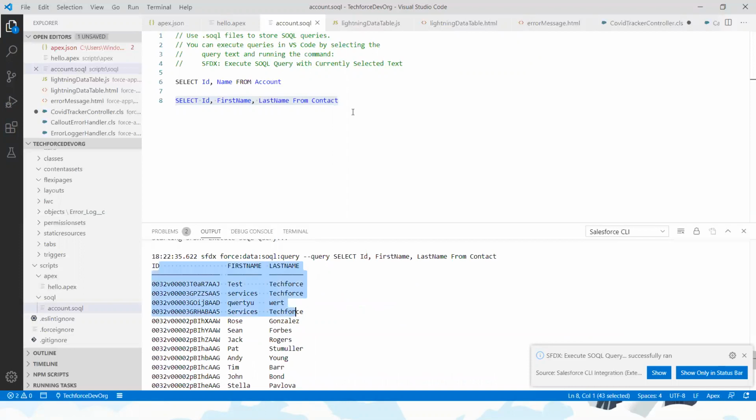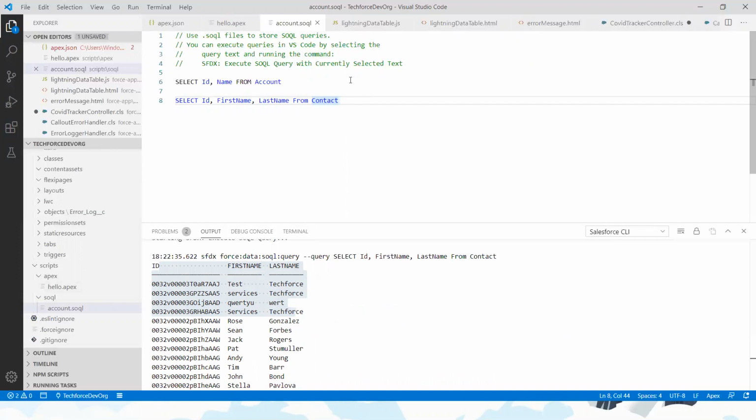So the thing is, whatever the query, complex query or whatever it is, you can store it in these files. In the developer console, if you are writing a query, sometimes it will be cleared, right? Instead of that, we can maintain all our queries from a project perspective and reuse them whenever we want. I think that's it.